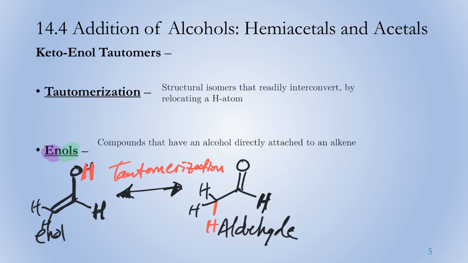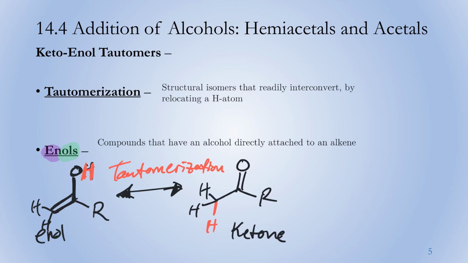And as I mentioned, they readily interconvert between the aldehyde or ketone, depending on the structure. If this hydrogen is replaced by an R group, doesn't matter what it is, could be a methyl group, ethyl group, something, then that makes this a ketone down there, not an aldehyde. And so you can see this enol ketone